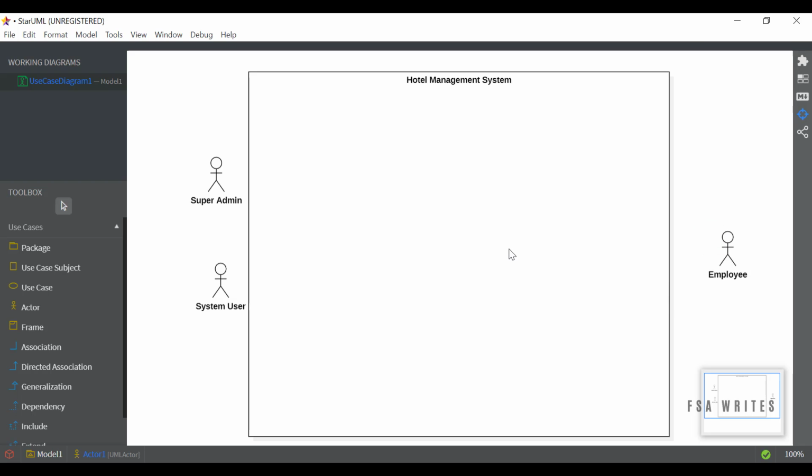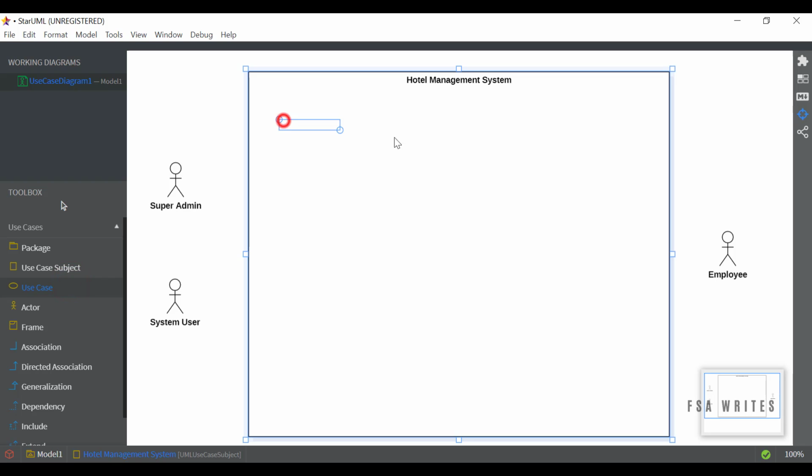Now, the third step is to add the use cases inside this so that we can connect, that is, we can associate all this with those use cases. So let's just drag it a little left. The first use case that we need to add is the one associated with the super admin. What can a super admin do in a hotel management system? A super admin can manage users and all their applications. So the first use case is